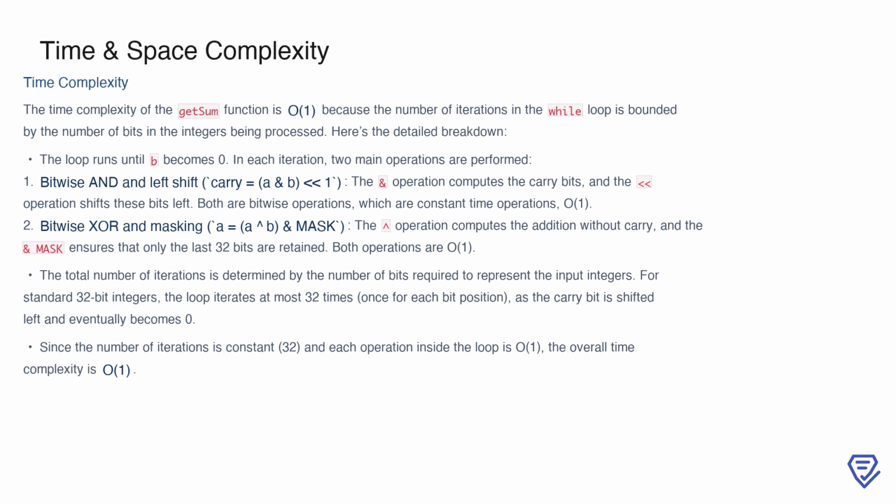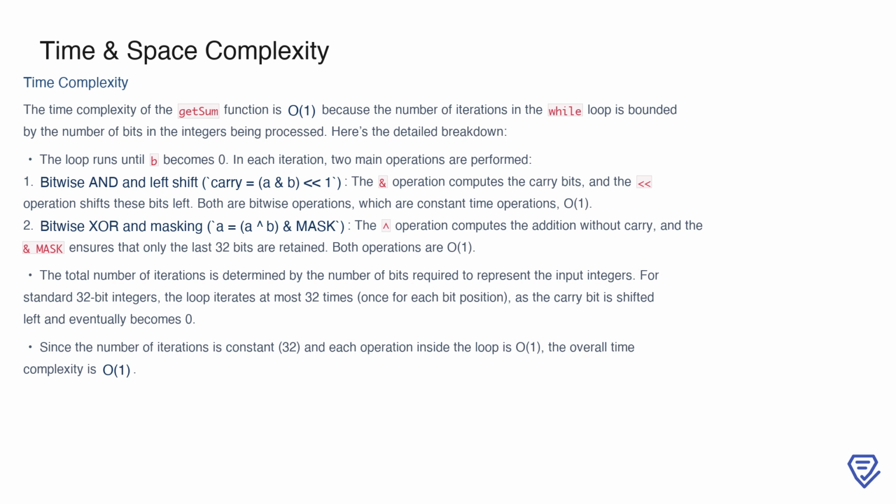Within each iteration, we perform two main operations. First, the bitwise AND operation combined with a left shift calculates the carry bits, and this operation is constant time, or O(1). Second, the bitwise XOR operation calculates the sum without the carry, and the masking operation ensures we only retain the last 32 bits. Both of these are also O(1) operations. Because the number of iterations is constant, and each operation within the loop takes constant time, the overall time complexity